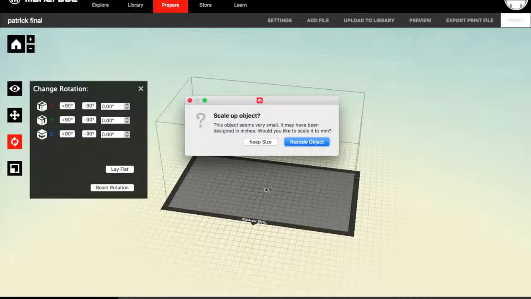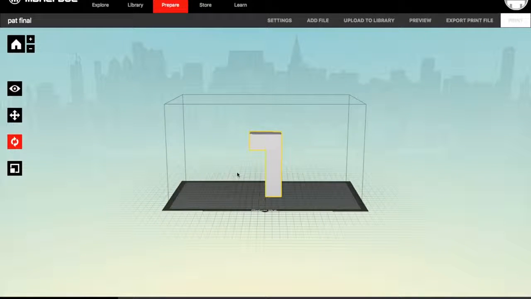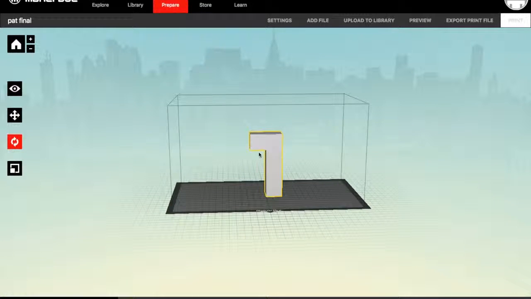Now it's going to ask you if you want to scale your object up. As you can see, this is my object right here, and you see how small it is. So that's a problem. What we're going to do is rescale it because they're giving us the option. So we'll hit that. Now here's our object on Makerbot. But as you can see, we have some problems. First of all, what's going on right here? There's nothing supporting it. So when the 3D printer comes in, it's going to try to print this, but since there's no support, it's going to fall due to gravity,